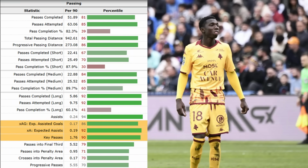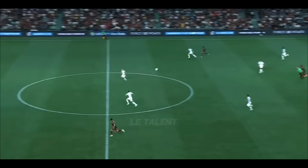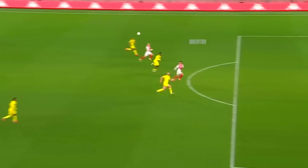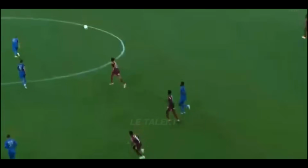key pass metrics ranking around the 90th percentile do showcase this ability, with his long passing as well being a key part of his game, as he's able to receive the ball in deeper areas and completely switch the attack with a lofted pass out to the flank. Whilst his long passing is good, I do think there are elements that he could improve, maybe being able to do some sharper switches of play with less loft and a bit more speed on the pass, but given his ability at the age of 21, I have no doubt that he can add this to his game over the